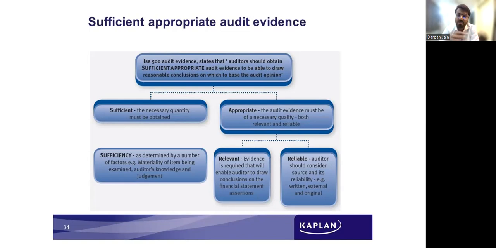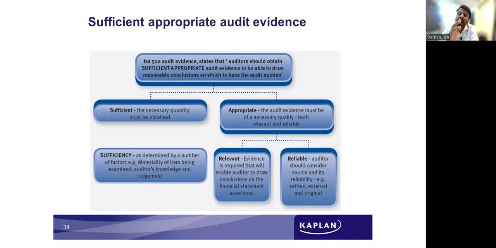Sufficiency is determined by a number of factors like materiality, the materiality level that we discussed, that determines what amount of evidence is sufficient, right? So materiality, and the kind of audit risk involved.